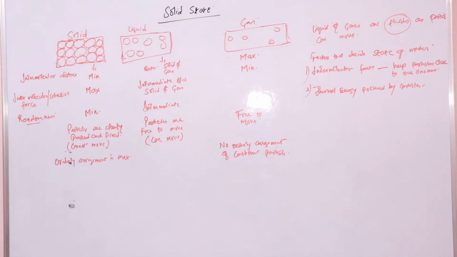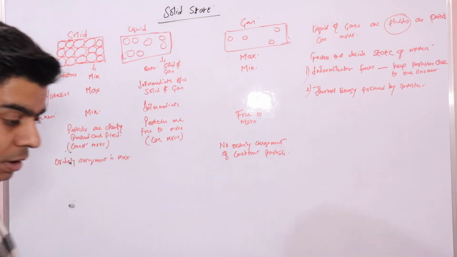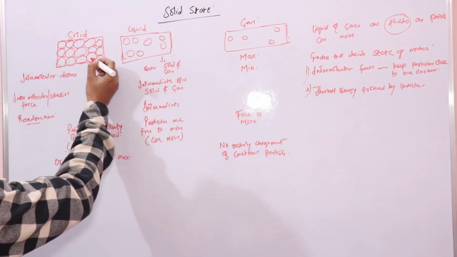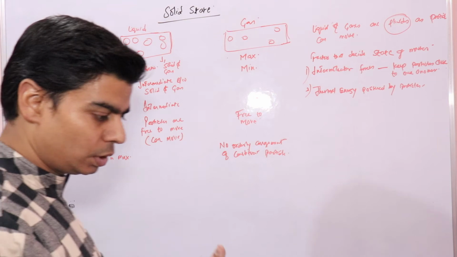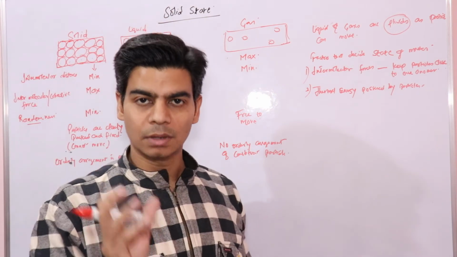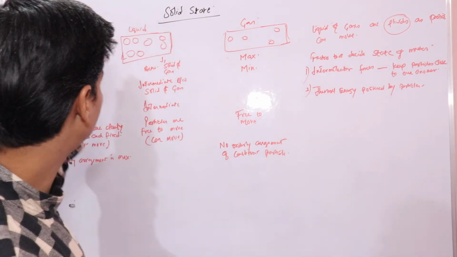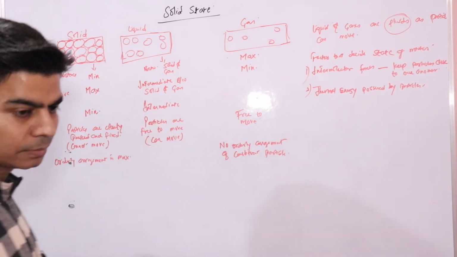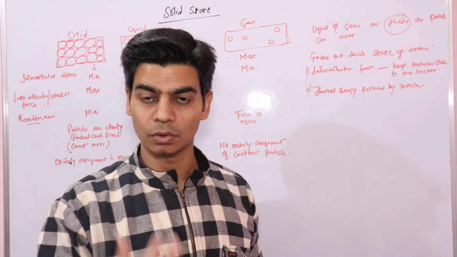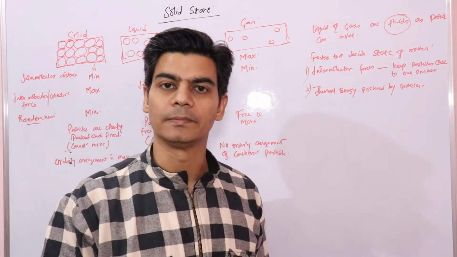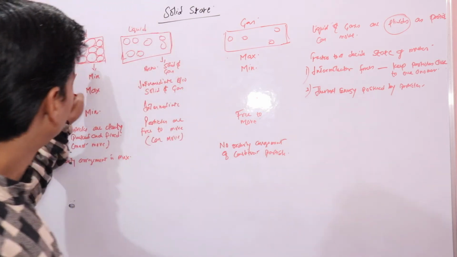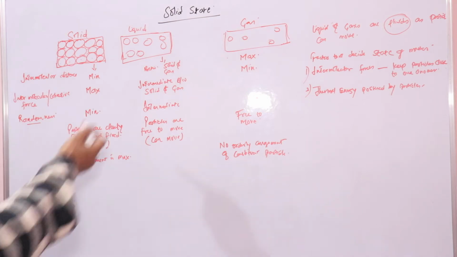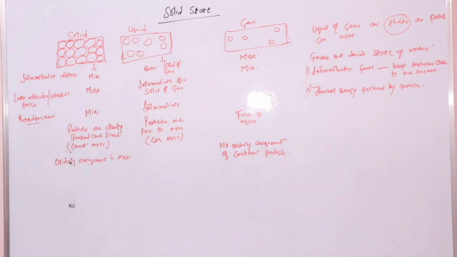Right? Since in case of solids, the molecules are closely packed, right? So here the particles cannot move, right? They can only oscillate about their mean position, right? So when you increase the temperature, that is the thermal energy, they will start moving with a high kinetic energy, or they will start oscillating with a high energy, right? So at one point they will start leaving their position and will change into liquid state when you keep increasing the thermal energy, right?